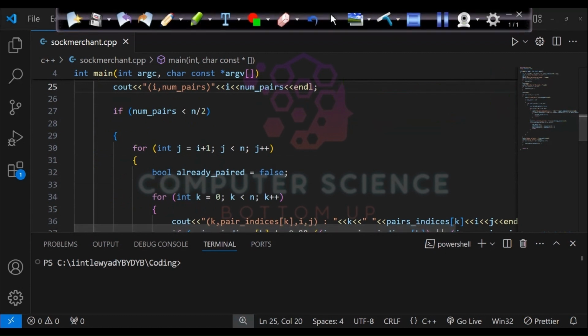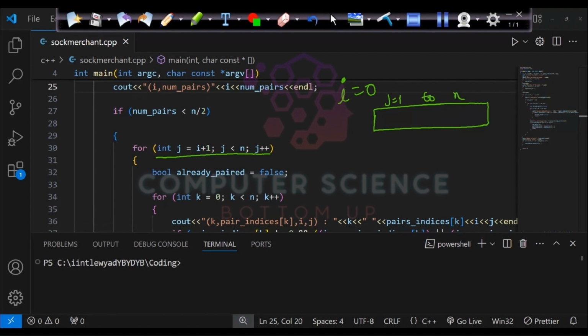And before getting into this for loop, let's say for i equal to 0, now I will move to the rest of the array from j equal to 1 to n to see if there is a match or not. What I am doing is I am putting all of this in this if logic,